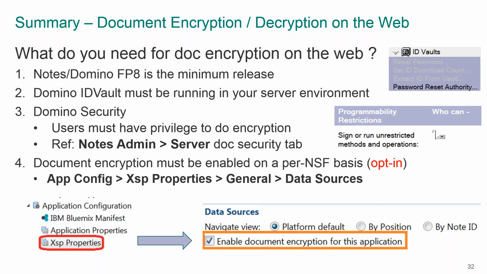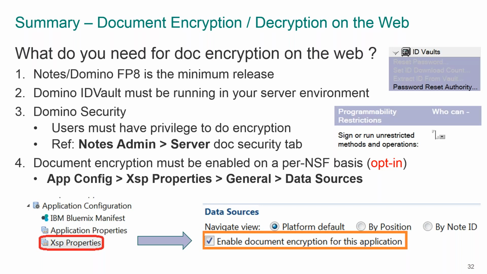So I'd like to show something that's coming from the core XPages pipeline. So it wouldn't have been out there in OpenNTF before now, but it's debuted in Feature Pack 8. Document encryption has been a Notes feature for quite some time, and it was a very powerful feature that enabled people to basically encrypt one or more fields on a form. So for a document, I could decide that one or more fields were encrypted, and I could do that encryption based on a secret key that was contained inside my ID that I and somebody else may have shared, or I could do it based on public key encryption, that is, asymmetric encryption, using